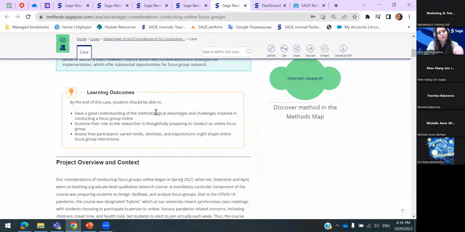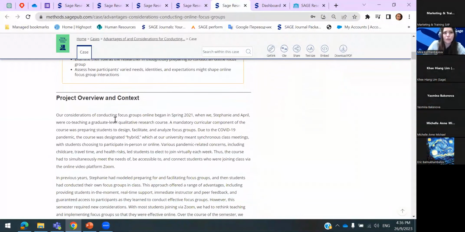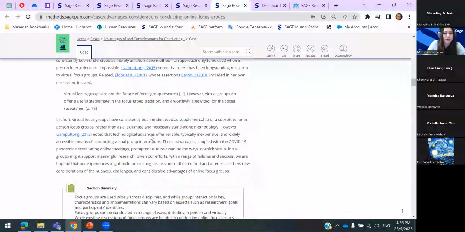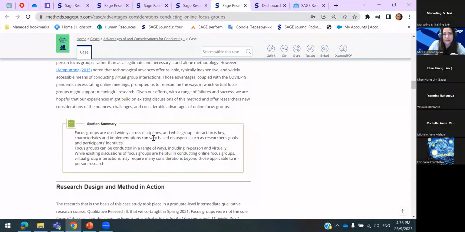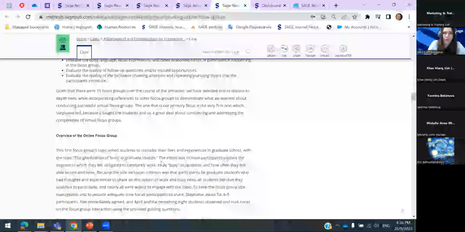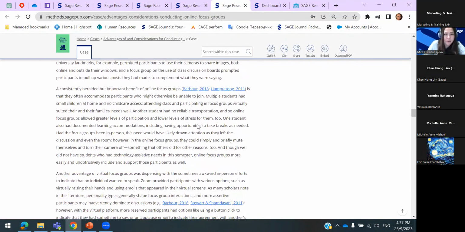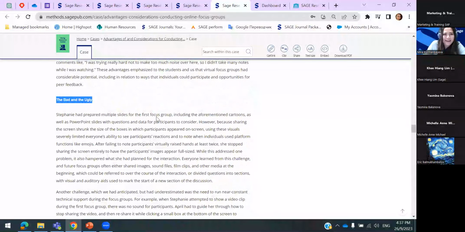you have a summary of what you will bring back home after looking at these cases. You can also see that there is context as well, the project overview, and basically the summary of what this particular case study is about, what they try to say, what they try to do by conducting this particular research project. And as you can see, they will share with you the pros and cons about this research practicalities. So the good ones are here. They write down what are the good ones, and they also say the bad and ugly is the ones that